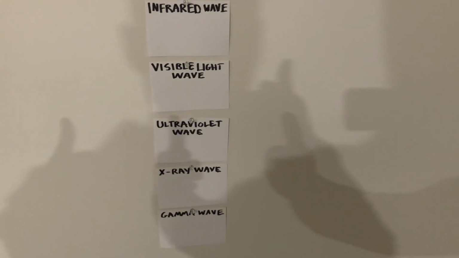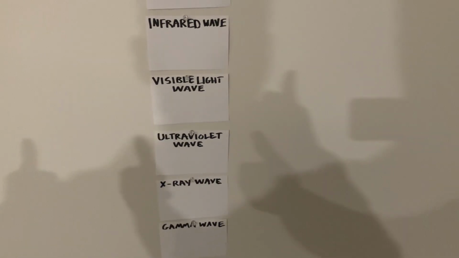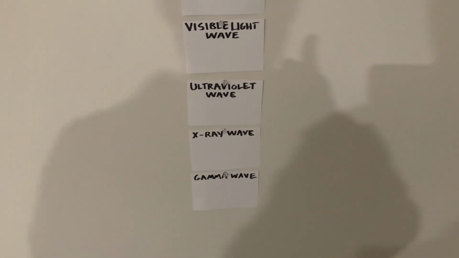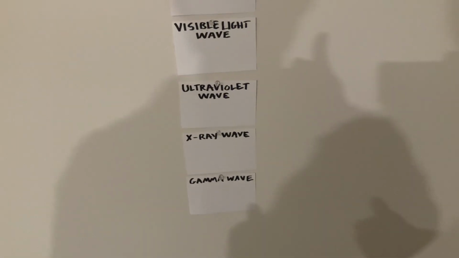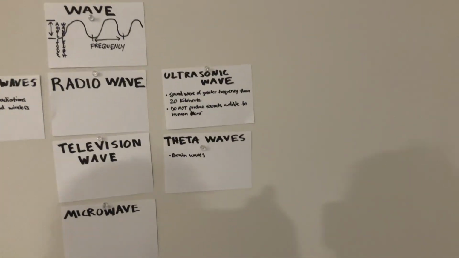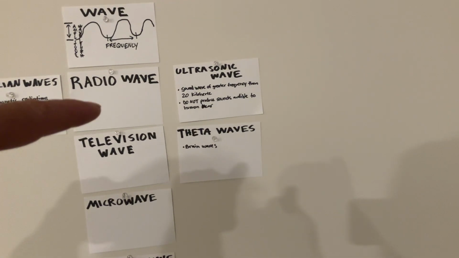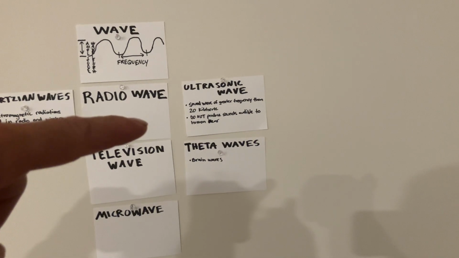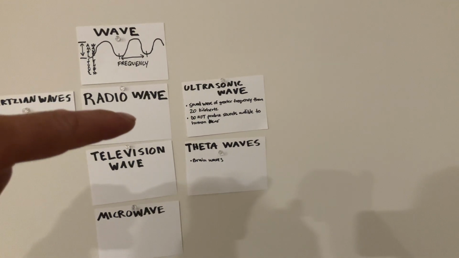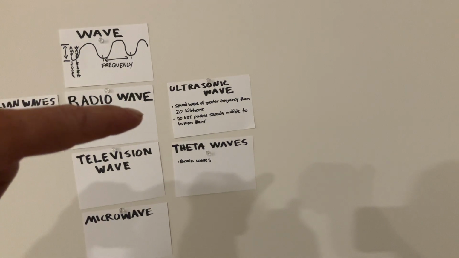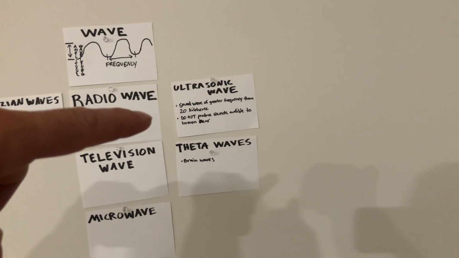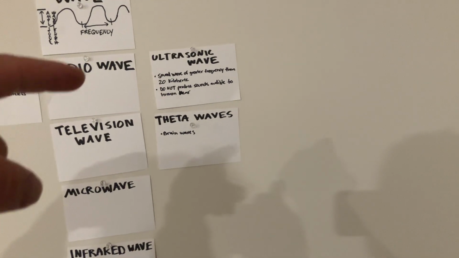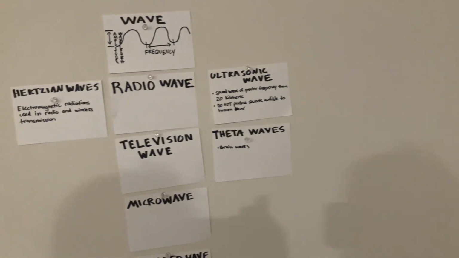Then there's the ultraviolet wave. Think of that like invisible rays, not visible to the eye. Okay, then the X-ray wave, gamma wave. We have the Hertzian waves, ultrasonic waves. Now these are ultrasonic waves. These are on a lot of cars. When you go forward or backwards, they have park assist. Okay, or when your backup camera turns on, those are ultrasonic waves, inaudible to the human ear. But I mean, your body can hear it, just you can't. You're not recognizing that it's making a sound when those ones are near you.